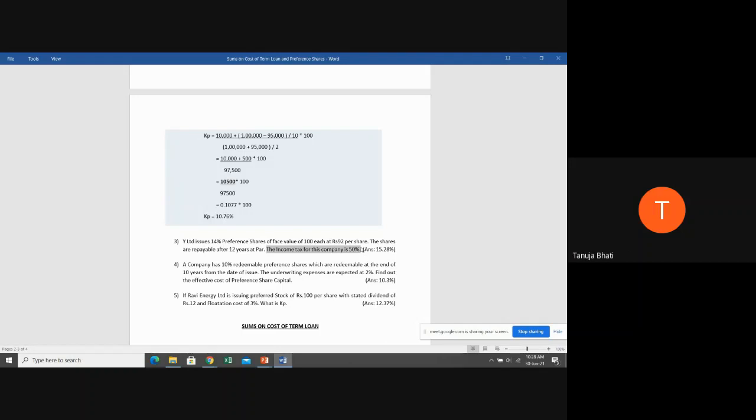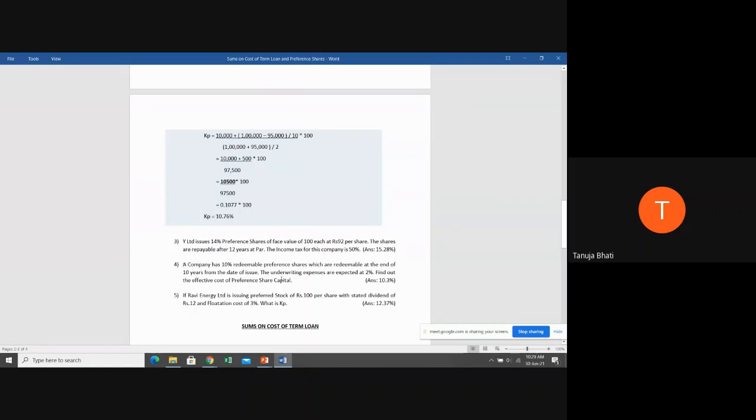Yes. Students, remember, I've already told you all that preference shares have only two formulas: one is redeemable, the other irredeemable. Income tax does not come into the picture because, after deducting income tax, whatever profit is remaining is distributed to the preference shareholders as dividend. So it does not come into the picture when you calculate the cost of preference shares. Now, in this question, you all know what PD is, RV is, NP is, and N is. You just have to substitute these figures in the formula and get the answer.